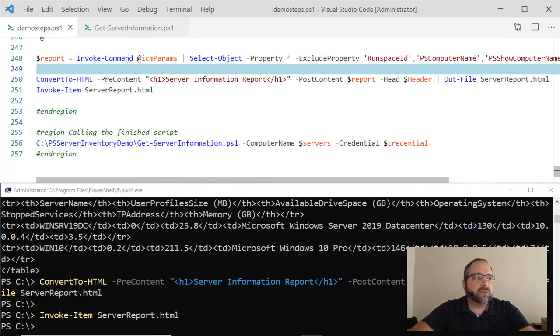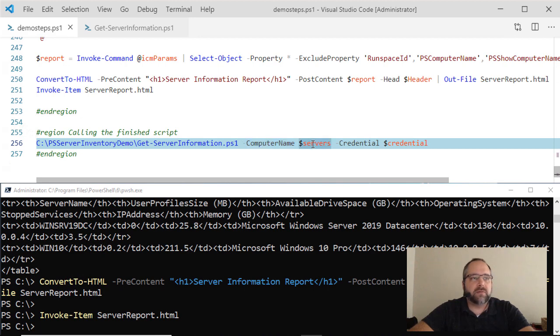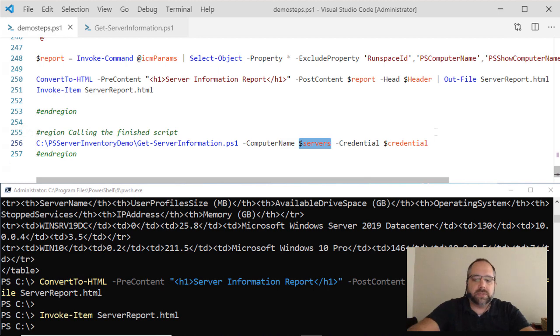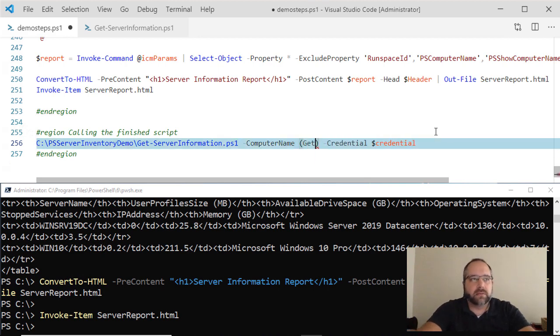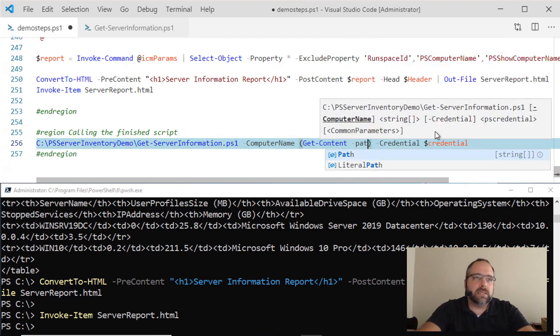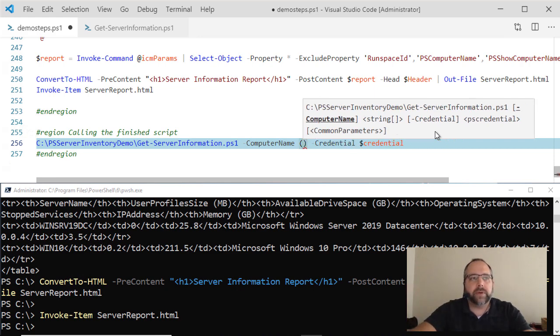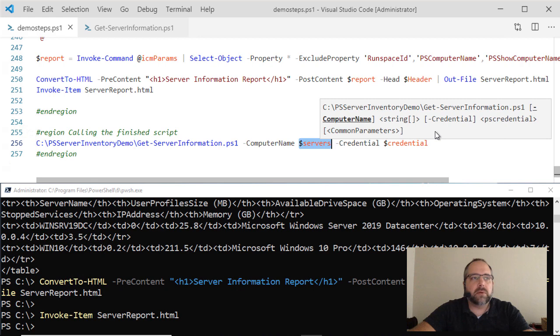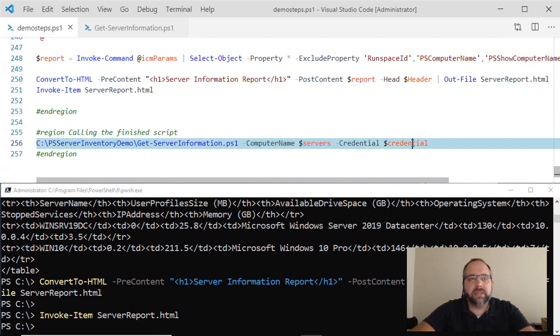So now I have it stored in PS Server Inventory Demo. I can call it with a computer name, passing servers. Right now I have those two IPs in there. I could use something like Get-Content, if there's one server name per row, you could use Active Directory, any way you can get a collection of server names to the computer name parameter. And then I'm passing the credential since I already have that. So now when I run this,